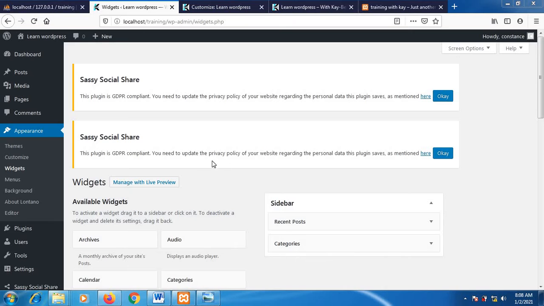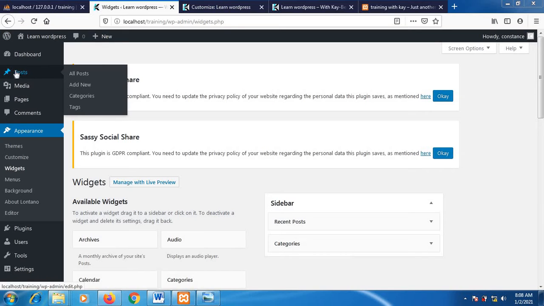So now the first thing I want to show you is how to create a post. So you see Posts here: All Posts, Add New, and then Categories. Before you create the post, you must first create categories. So let's assume I'm building a site for a blog. So I click on categories,